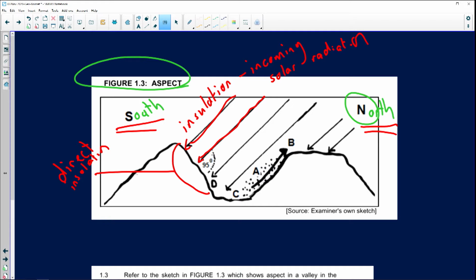As you can see, this is a cast of a shadow. The slope over here does not receive direct insolation. I will get to the letters in a second. Now, first of all,